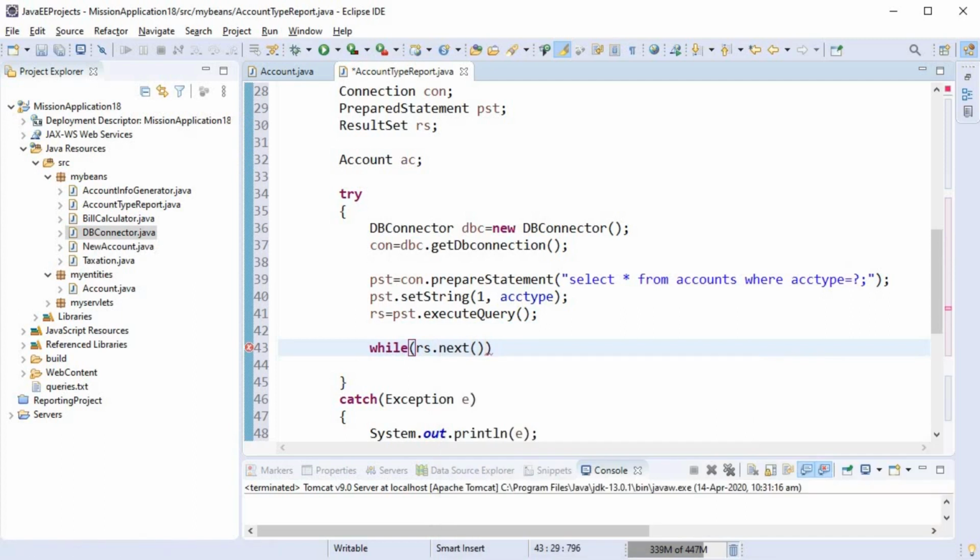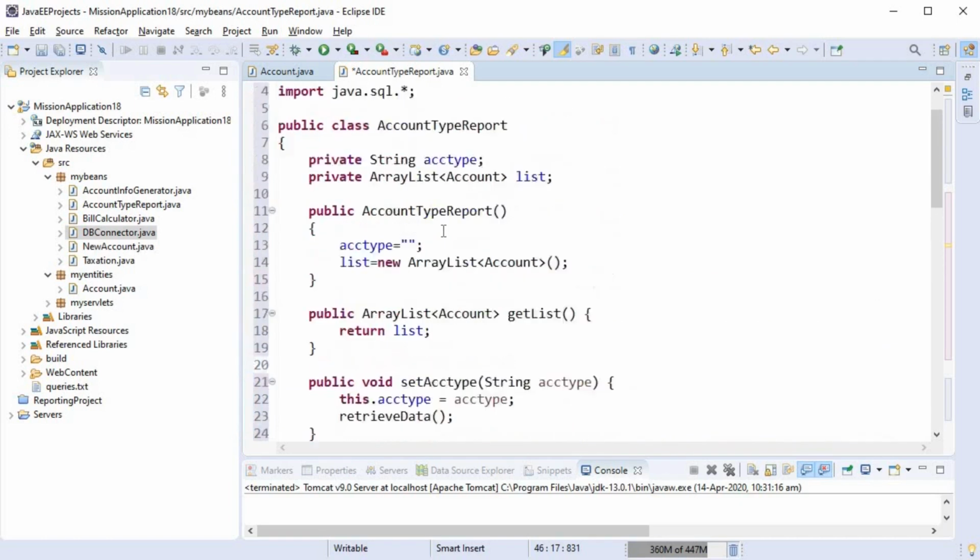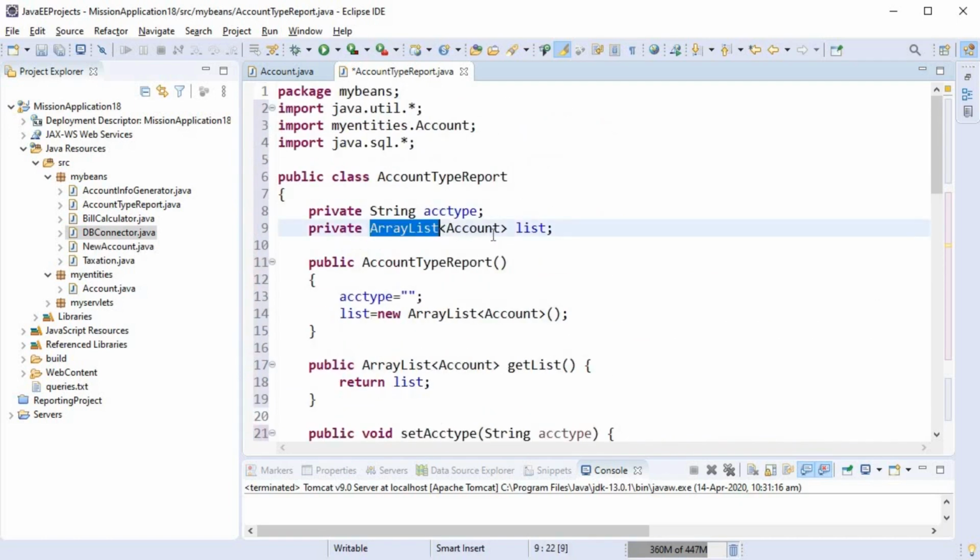And now we want to use a while loop, because we don't know exactly how many records are retrieved from the database. So we are using a while loop, and every time the loop executes, we are initializing the object of the account class. A fresh object is initialized, and we want to put every record in the result set into the object of the account class, and that entire object will be stored in the array list, and the array list will be returned back from here to a JSP. So that's the mechanism we are trying.